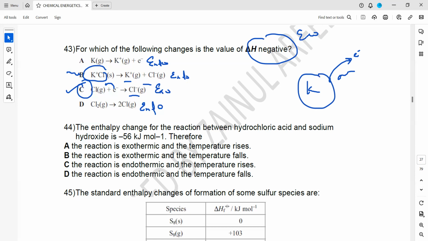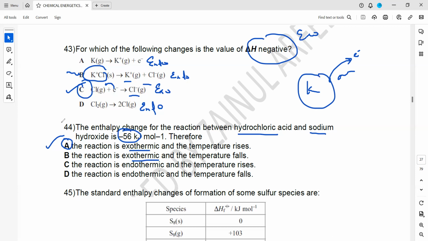In question 44, the enthalpy change for the reaction between hydrochloric acid and sodium hydroxide is minus 56. So if it is minus, it's exothermic. What will happen in exothermic reactions? An exothermic reaction releases energy. So what happened to the temperature? The temperature will rise. So A will be the right answer, because the reaction occurs, it gives energy, so the